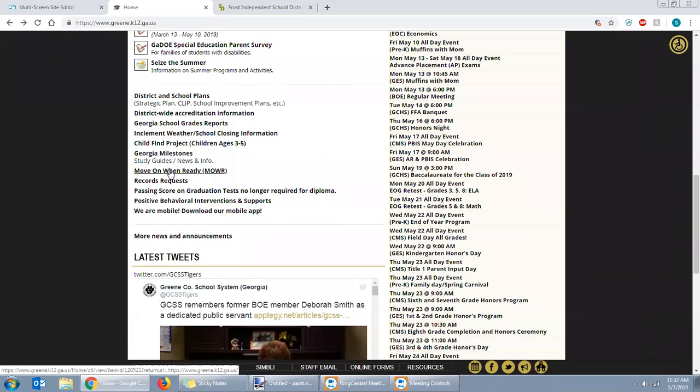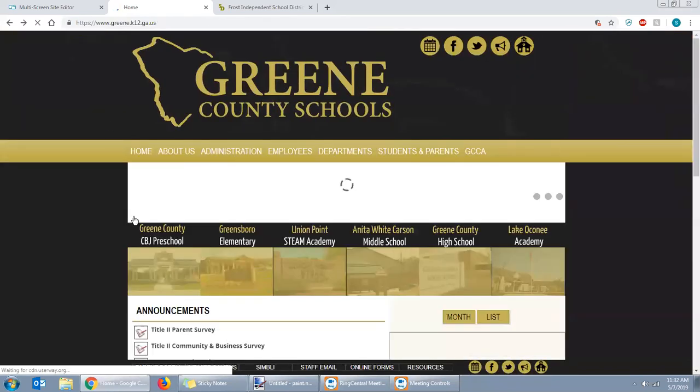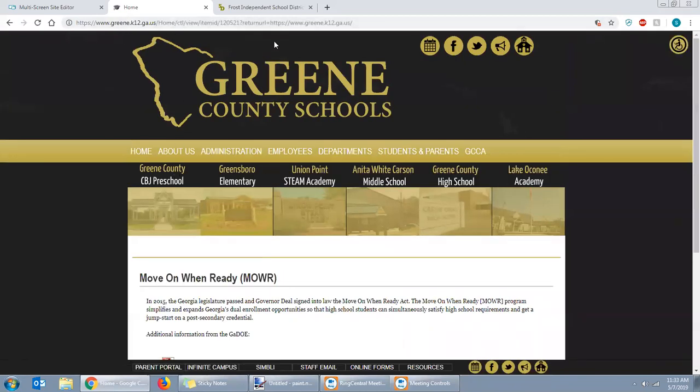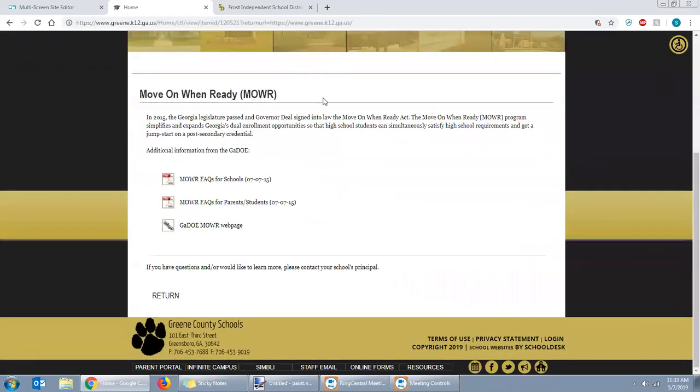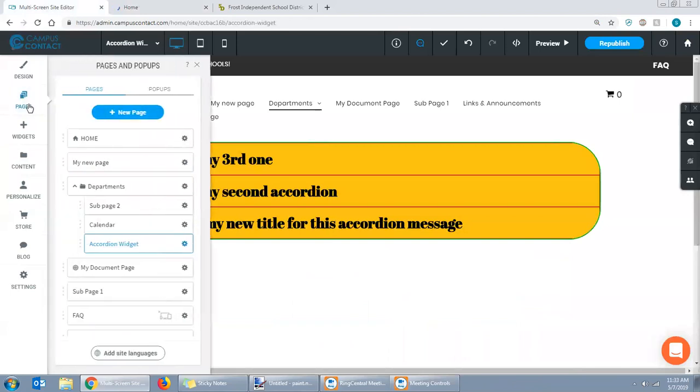And this just came to me, so I'm going to scramble and find one here. Here's a link that links to Move On Ready. This actually links to a page in this Greene County Schools website. If I click on it, I can see it's actually taking me to another page. And I don't want to just copy that URL of the link. Instead, if it links to another page, we need to, on our site, go in and link it to another